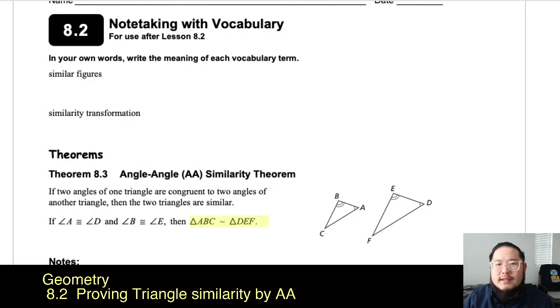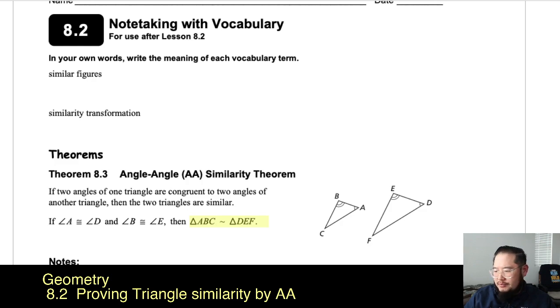All right, today let's take a look at section 8.2, proving triangle similarity by AA, which is angle, angle. So let's get started and take a look at Theorem 8.3, which is the Angle-Angle Similarity Theorem. We took a look at a similar theorem a few chapters ago, but the idea here is this. If two angles of one triangle are congruent to two angles of another triangle, then the two